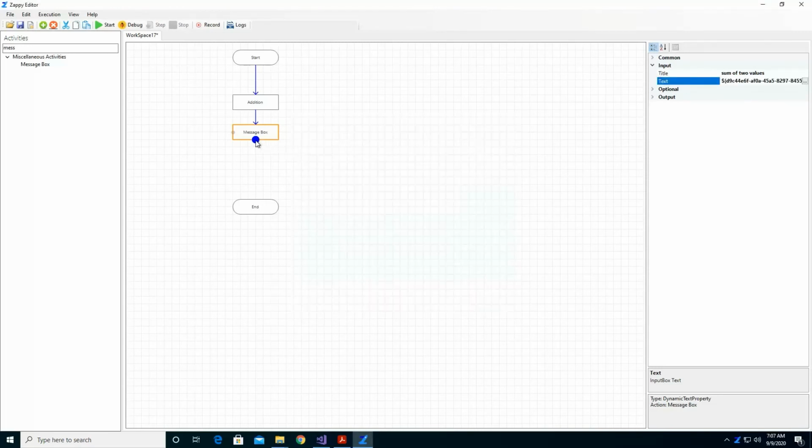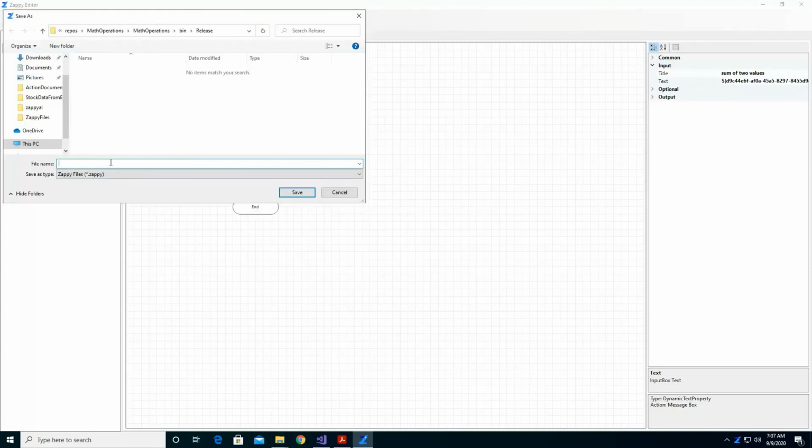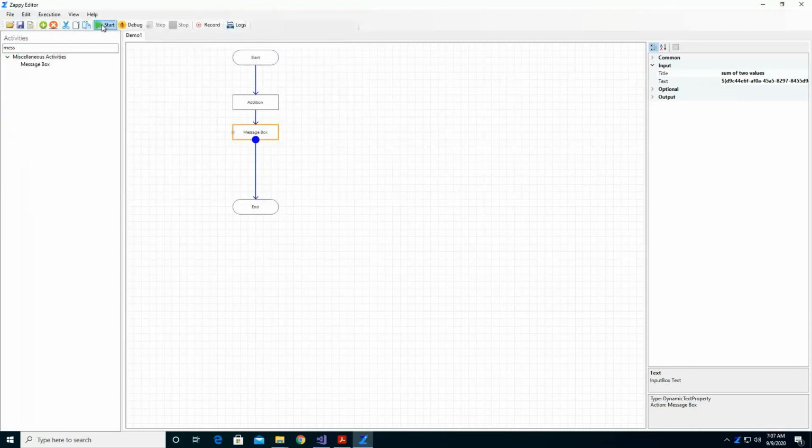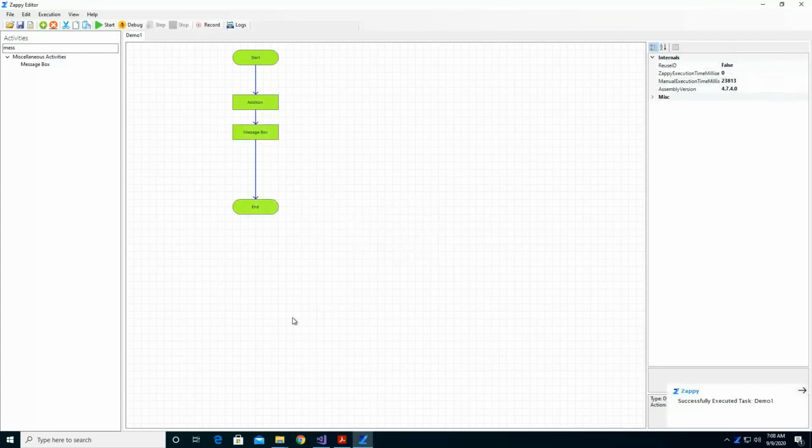Okay, end the process, save your automation, and run your automation by clicking on the start button. Yes, this is how we can add either our DLLs or the zip package into your task editor and create your custom actions in this way.